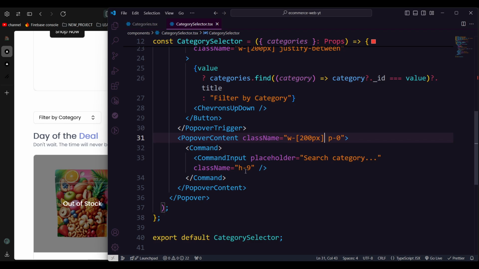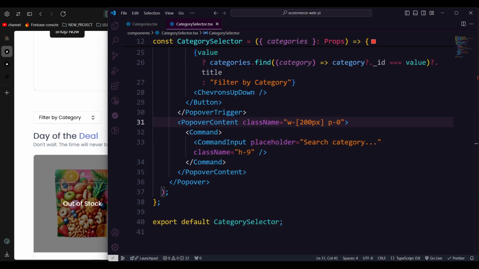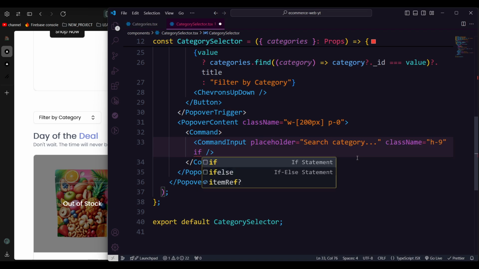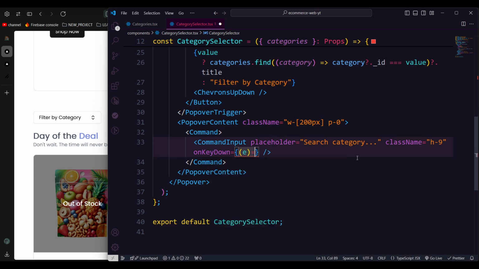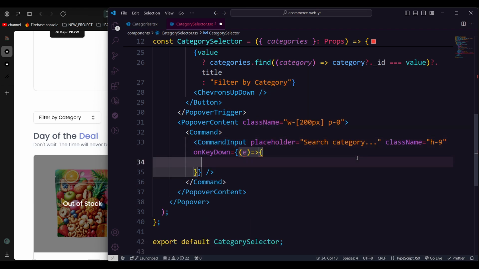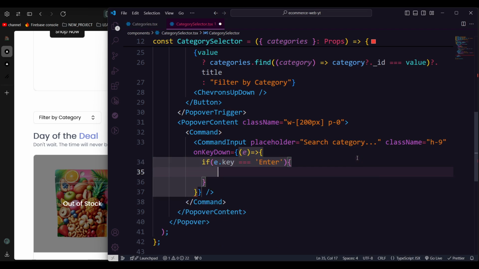Okay, so now what we need to do is handle the command input value. Once we are typing in there, I'm going to pass one value here. So let's say onKeyDown, and in onKeyDown we're going to pass an event here, and from the event we take some more parameters. If e.key is equal to Enter, right? If we hit the enter button, then what it's going to do: const selectedCategory